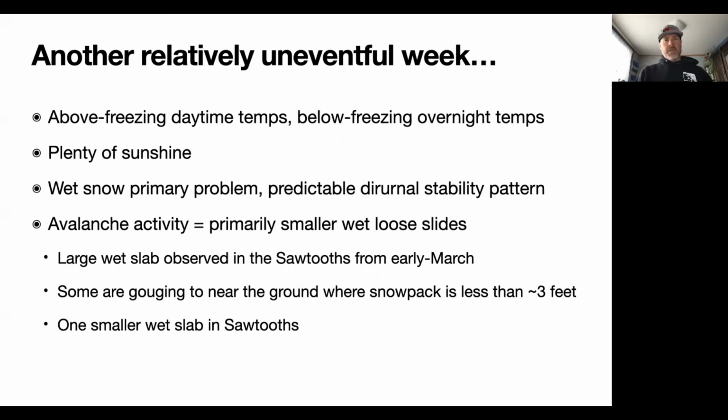And as a result of the good freezes at night, we had a number of small wet loose avalanches occur, but nothing that was too remarkable. During this past week, however, there was a large wet slab observed in the Sawtooth. This happened back in the main warm-up at the start of March. So it didn't happen this past week, but I'm still going to show a photo since it's a pretty interesting